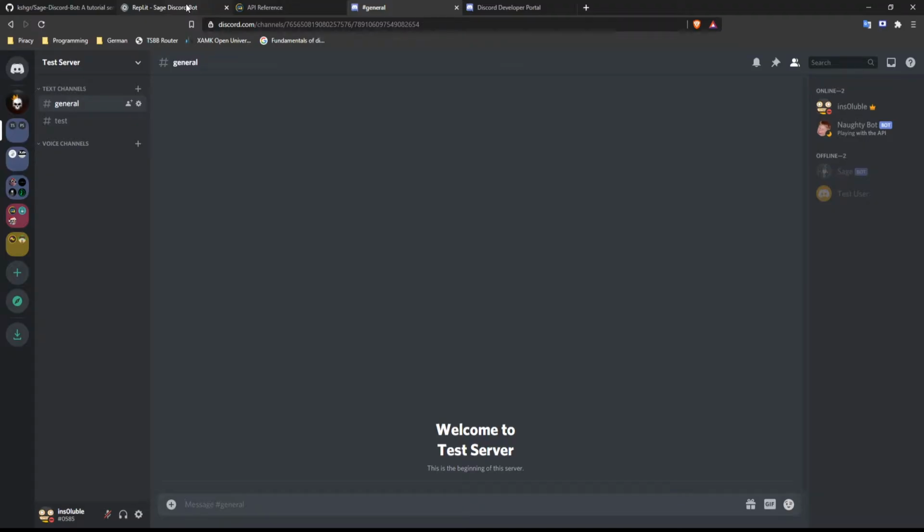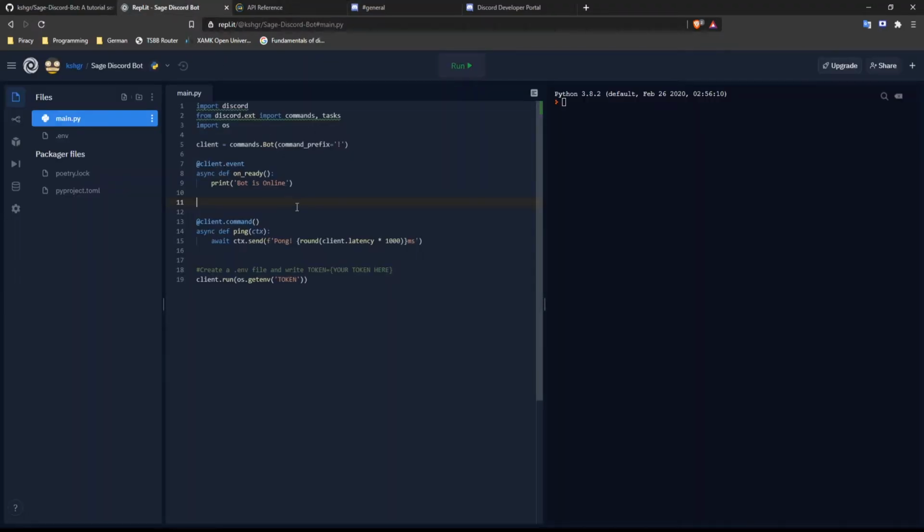In today's episode, we are going to talk about events. There are a lot of events in a Discord server, and what we can do with events is that we can command our bot to do something when a certain event occurs. So we can go back to the API reference sheet of discord.py and check all the events that are there.